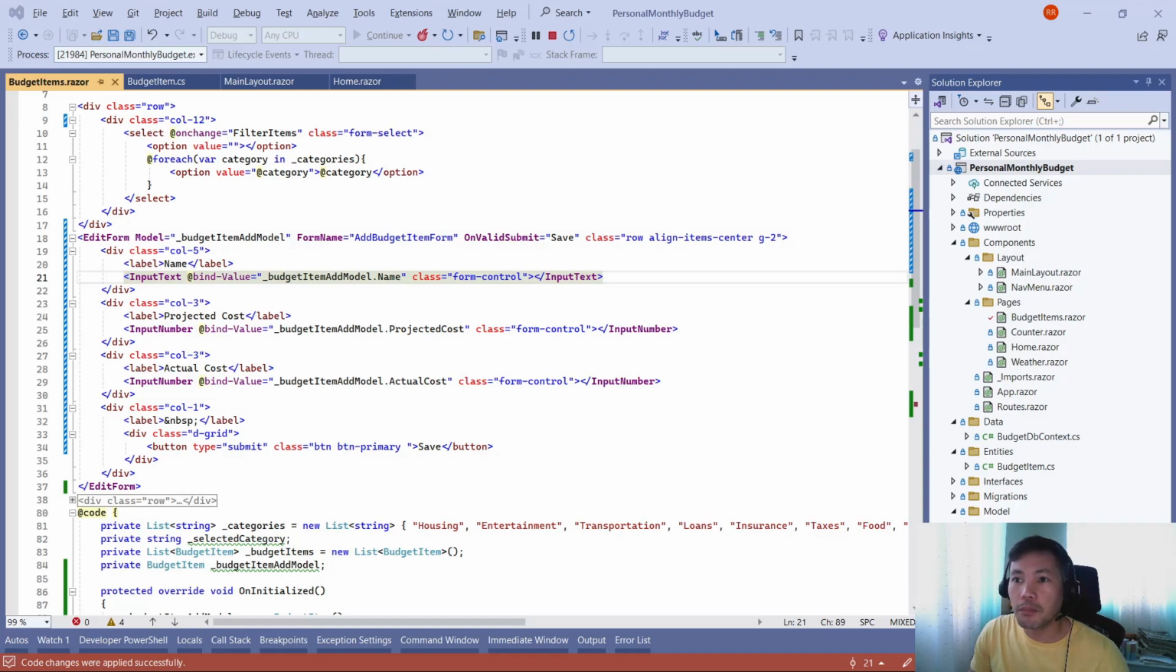Okay, so let's just skip the part where I was struggling to lay out the edit form. So yeah, this is what I have done with this one. We have already set up our form. So what I did was add a class, set it with the row class, and then align item center, and then add a gutter of 2, and then set each of the individual columns into its specific sizes, which in this case would be 5 for the name, 3 for the projected cost, 3 for the actual cost, and then one column for the save